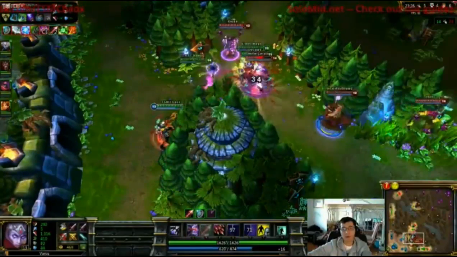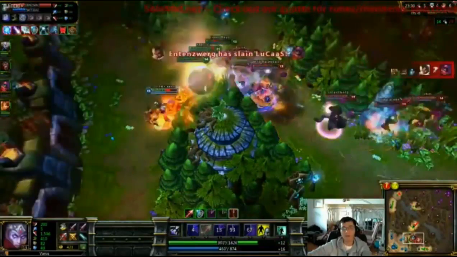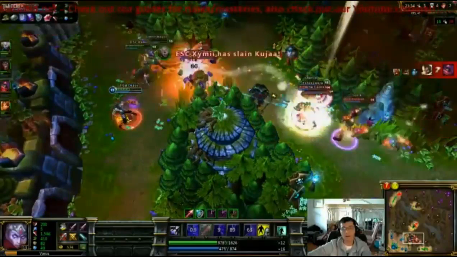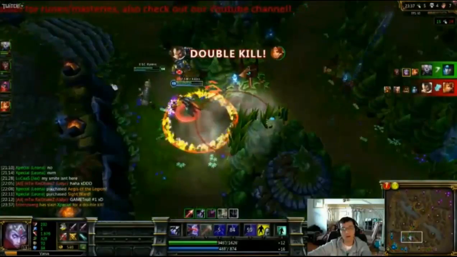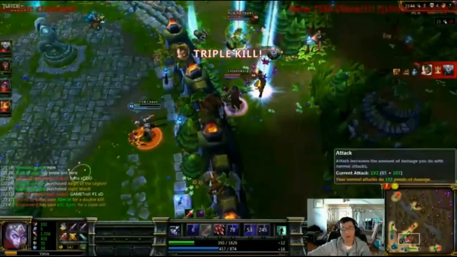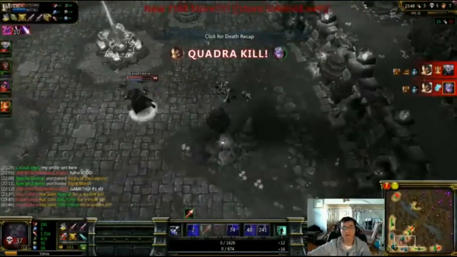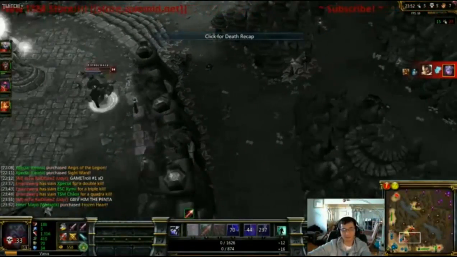So they do wait for the enemies here, and with all of the stuns and snares they have, they should be able to pick off some kills. Wow, still 4 enemies available, and oh, they lose 2 here. I think that's a 1 for 2 trade. Yeah, I think 1 for 3 trade. Okay, 1 for 4 trade. Quadra kill. So the quadra kill on, yeah, as I said,